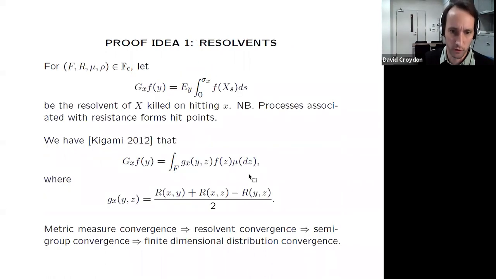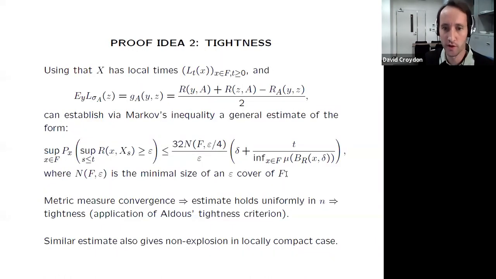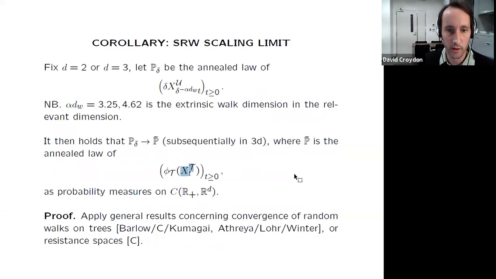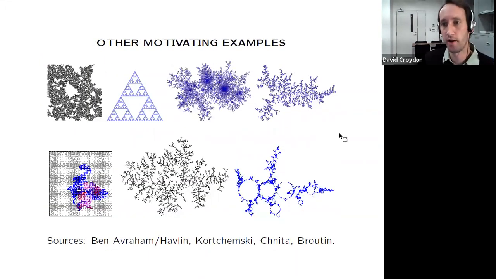Just to show one final pretty slide, this story turns out to be a bit more general. The story of metrics and measures encapsulating properties of random walks, if I replace the graph distance with the resistance metric, turns out to be a useful way to view random walks on other kinds of graphs. In particular, there's a general result that says that if the resistance metrics and the measures converge, then so do the random walks. This theory was pioneered in the world of self-similar fractals with the motivation of understanding random walks on critical percolation clusters.